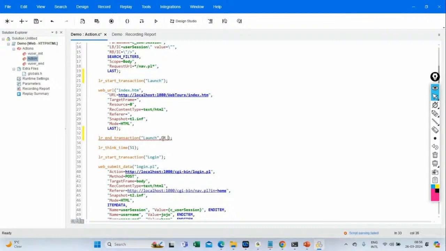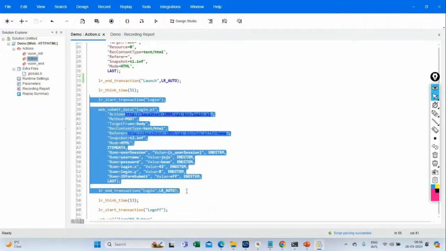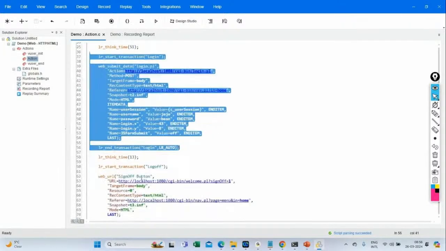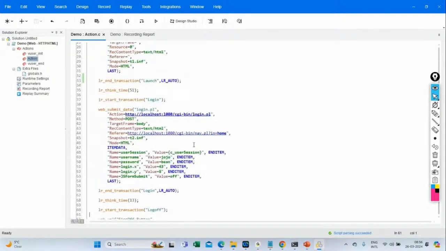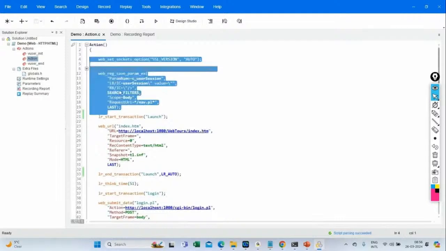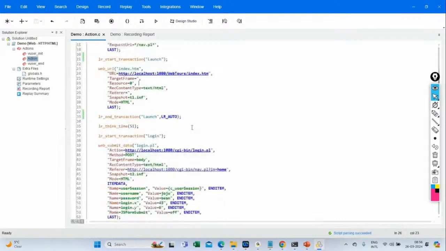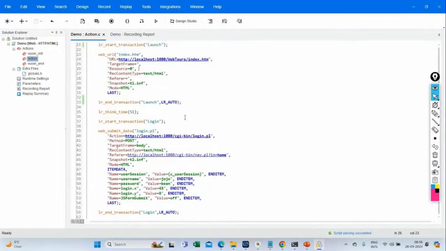And then as per the syntax, you just need to write LR underscore auto, which I'll explain again. You see, this is launch, this is login, and you see log off. All three transactions are done. That's what we wanted to record, right? Ignore this, this is a different concept. Okay, so now your script is ready. See, launch,